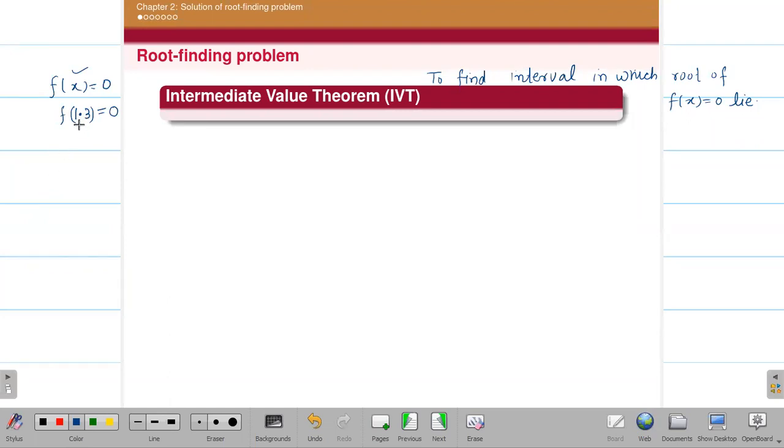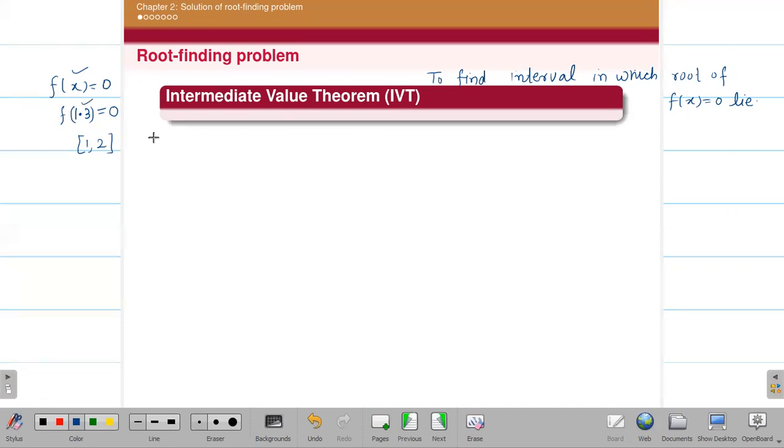So now where to start? We will get an interval in which our root lies. Suppose 1.3 is a root of this equation, so at least you will get the interval 1 to 2, because we know that 1.3 lies in this interval. So we will try to find an interval in which our root lies. This theorem will tell you that, so it will be easy to find an approximation of the root by this theorem. So now how to find the interval here?